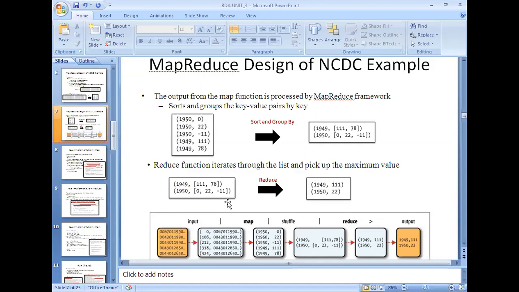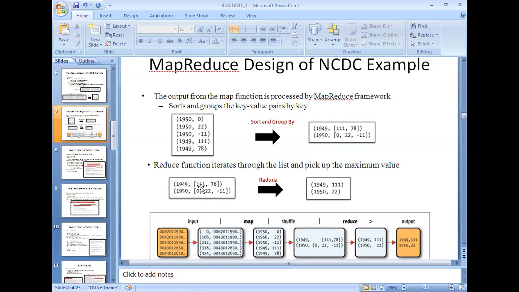In such a way, the reducer logic finally finds the maximum temperature recorded in a year. In this case, the maximum temperature in the year is 22, because we have only 3 different recordings. Out of 3, we find 22 is the maximum temperature. Similarly for the others, the maximum temperature recorded in each particular year needs to be displayed. So this is the overall job.